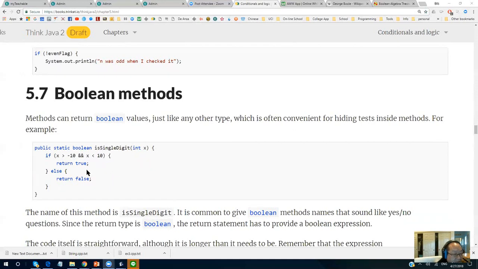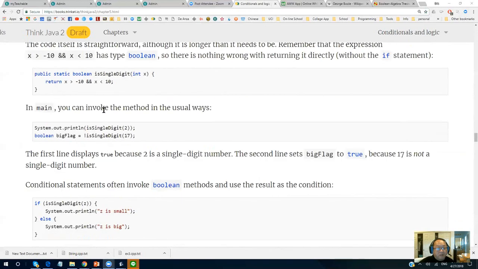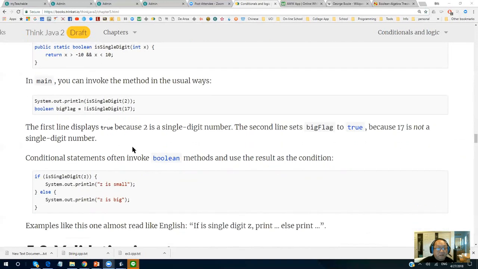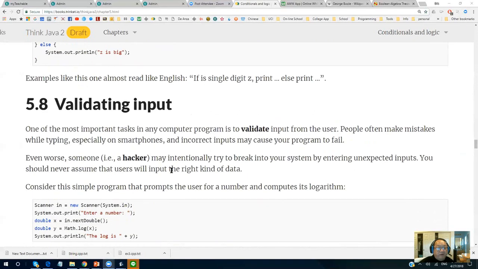Otherwise, you will have double digit for any integers, right? So that is a single digit, okay? And this is single digit, that's fine.